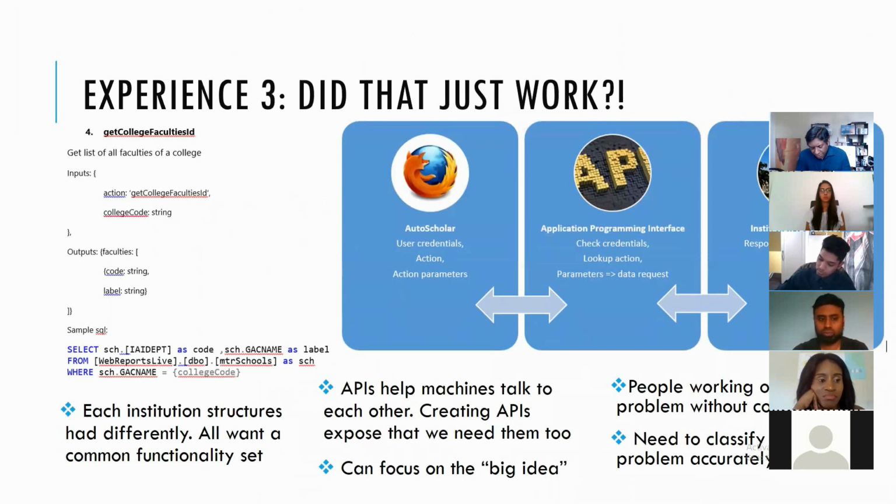Then in the third experience, this is now referring to the origins of the AutoScholar advisor system. When I was a young staff member at UCT, we had all these processes that required a lot of manual work. And I wrote code just to automate my way out of having to do any real work, right? Due to a reluctance to do any work, I started writing the code. And then as I wrote that and people noticed how quickly certain things were being done, the interest grew in applying it in